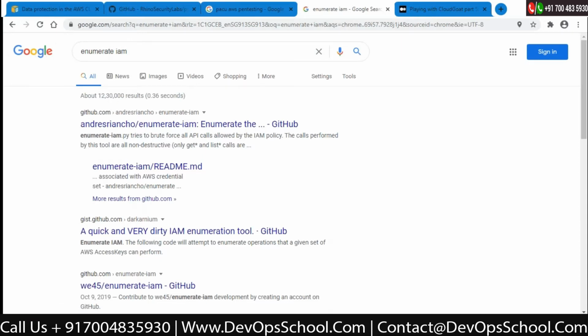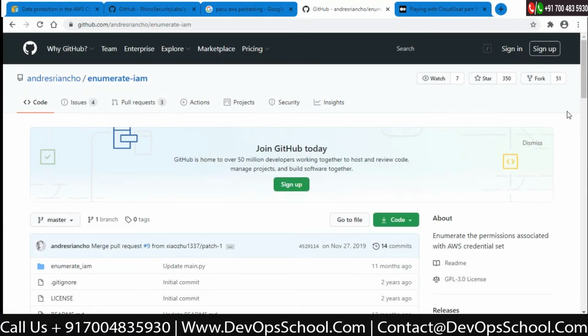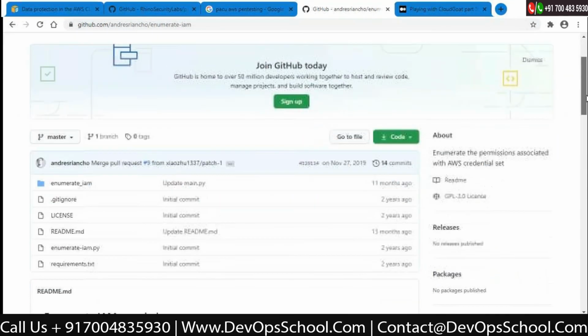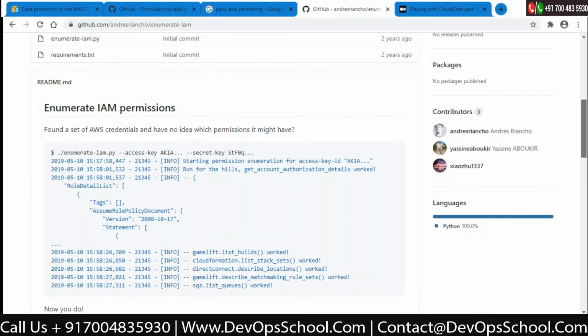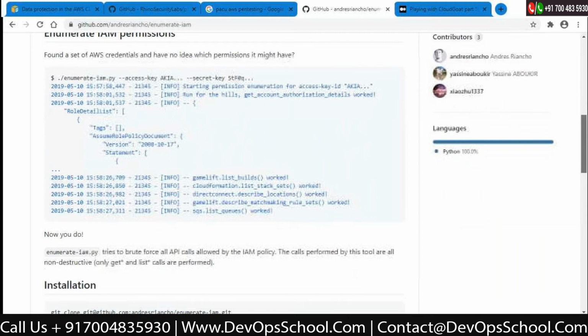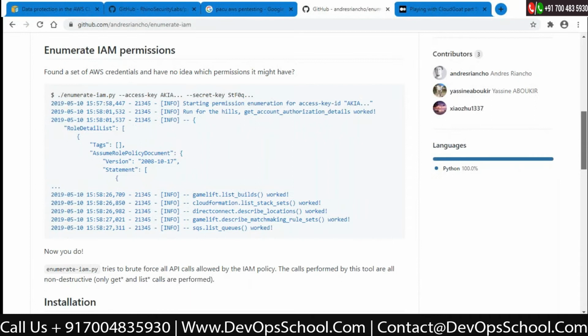Yeah, the first one. This is also a very interesting tool which enumerates the identity access management users and keys. It does a brute force on the users and the access key and secret key in order to find what permissions you own. It will give you the list of actions which are allowed to that user, like if you have S3 bucket actions, if you can list users, or change permissions. This will give you all the information, but it has a problem. The problem is that because it brute forces all the policies, it takes time.